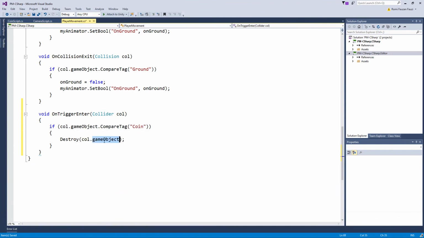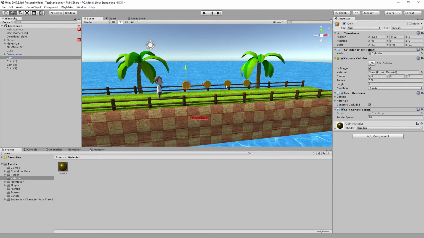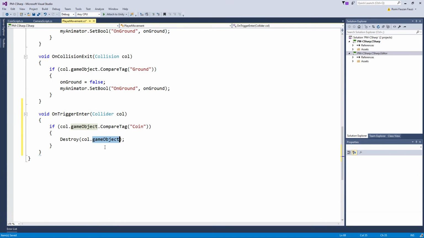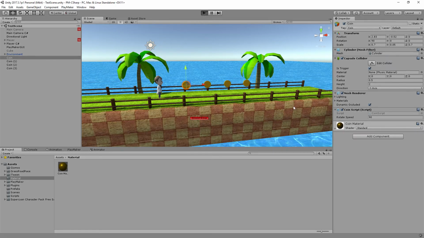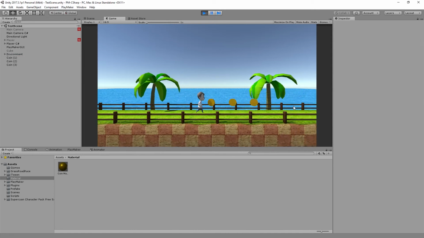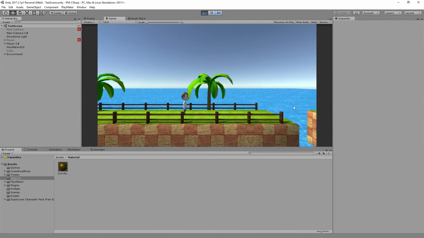If we don't use the gameObject property, it will only destroy the collider component of the coin, just this one. So the object will stay, and what we want is actually to destroy the game object. So let's save this and try to see if it's working or not. There you go. As you can see, we have picked up the coin,